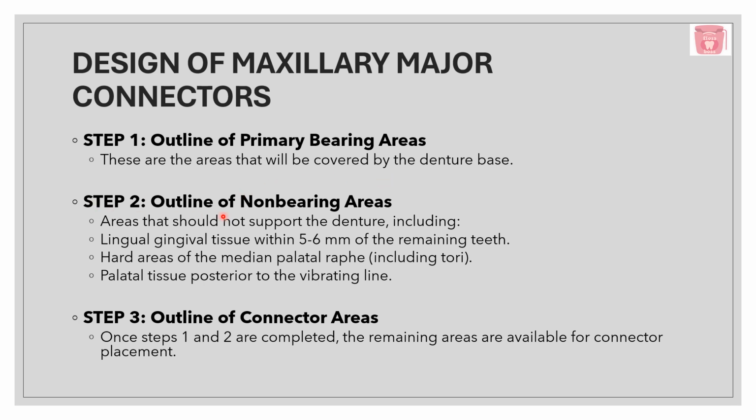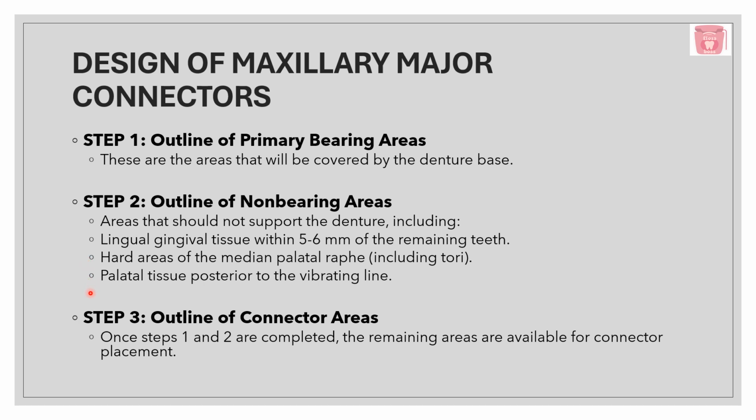Second is to outline the non-denture bearing areas where you are not going to give your denture. Areas that should not support the denture include lingual gingival tissues within 5 to 6 mm of the remaining teeth, hard areas of the median palatal raphe including a tori, palatal tissue posterior to the vibrating line. These 3 areas are those where you're not going to place your denture. Okay, they are non-bearing areas. Which 3 are these? Lingual gingival tissues, hard areas on the median palatal raphe, and palatal tissues posterior to the